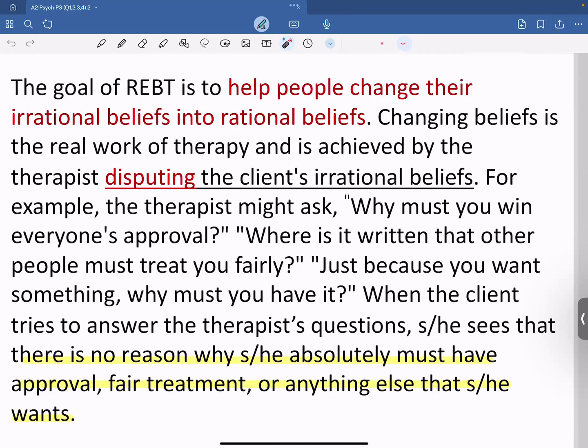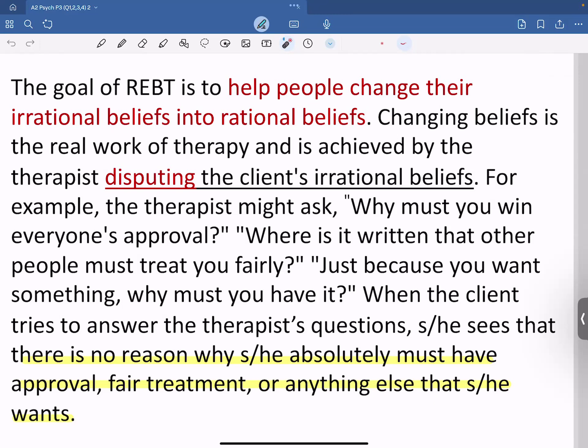I mean, why do you think you deserve the best? Why do you think the people around you should be nice to you? Why do you think you should get the pay that you want? Now, when the client tries answering these questions, the client realizes that he or she does not really have any sort of logical reasons